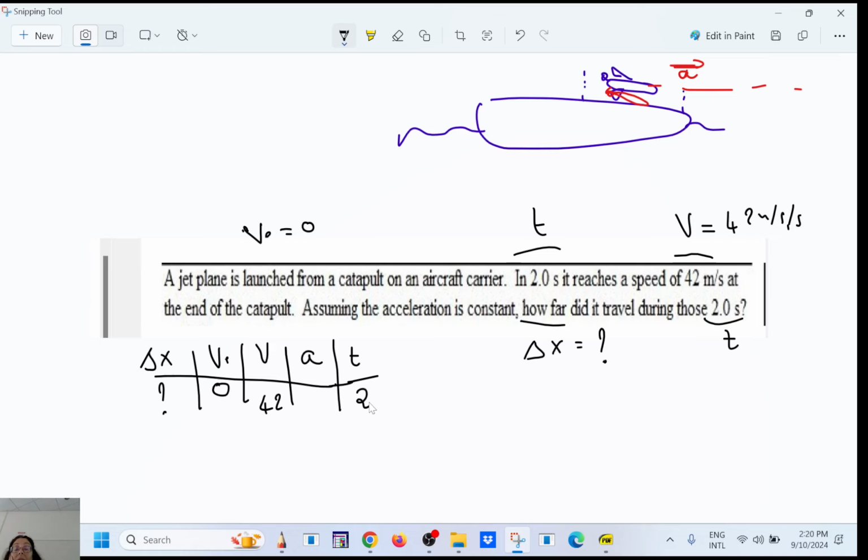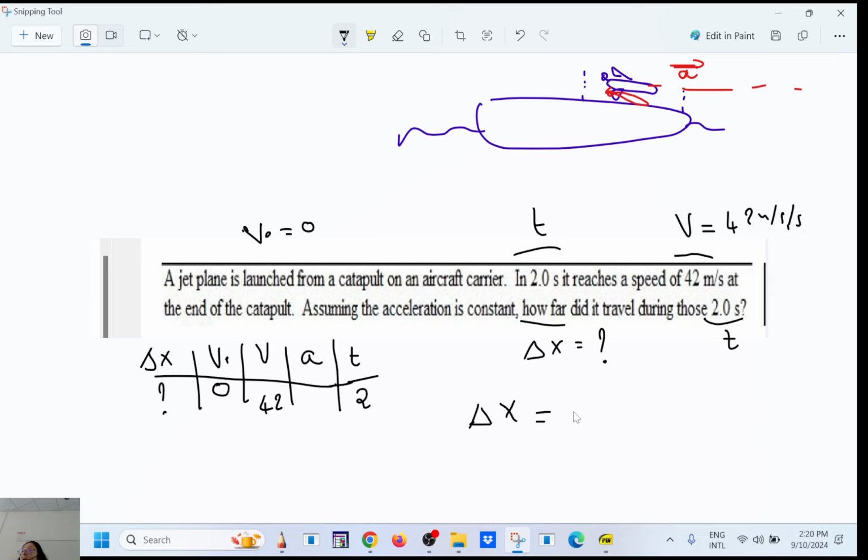So you have 2 ways to do it. How far? So which one do you want to use? Yeah, so the first one, right? Does it work? So the first one, delta x equals